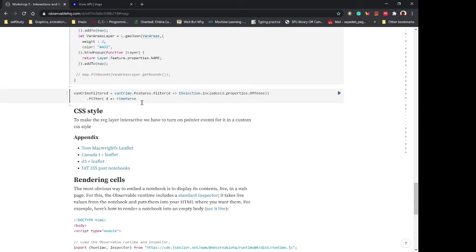So we use our time parse function to convert the content in our selection array to UTC format so that we can compare the values. So the dot properties date,